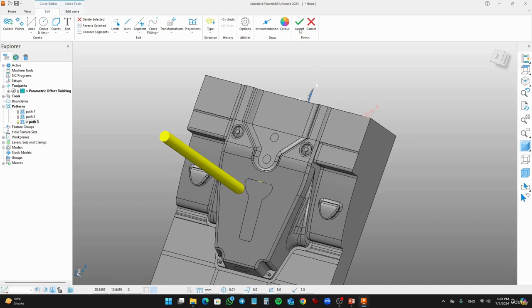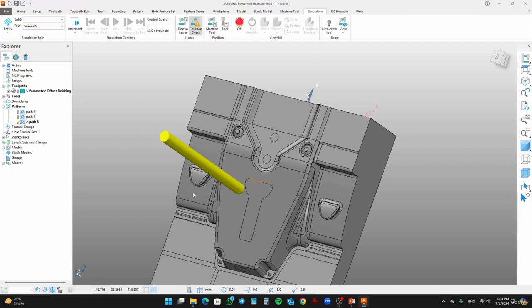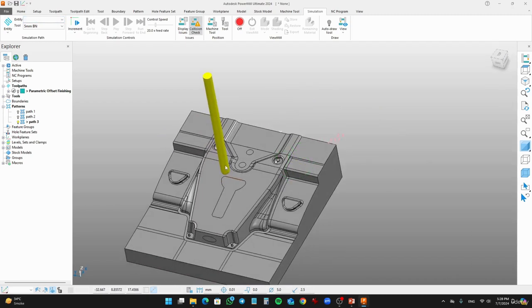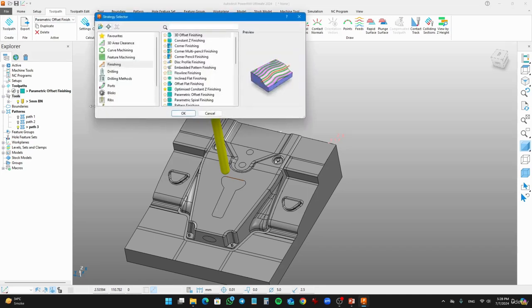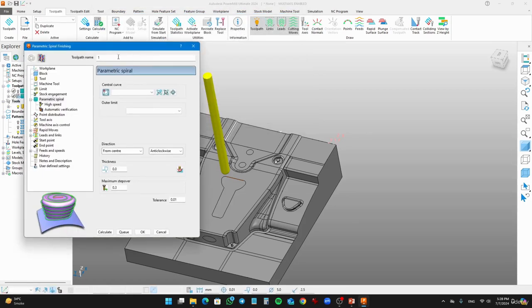We have the pattern here, just accept it and just go to the toolpaths. We have already the tool set up in the previous one, which is the 5mm bull nose mill. So just go to toolpaths and create a toolpath. This time we have the finishing and the parametric spiral finishing, and you see that this is the model, and it just creates a simple pattern and spirally moves around that pattern and cuts down the material. Okay, just click on it, give a name,